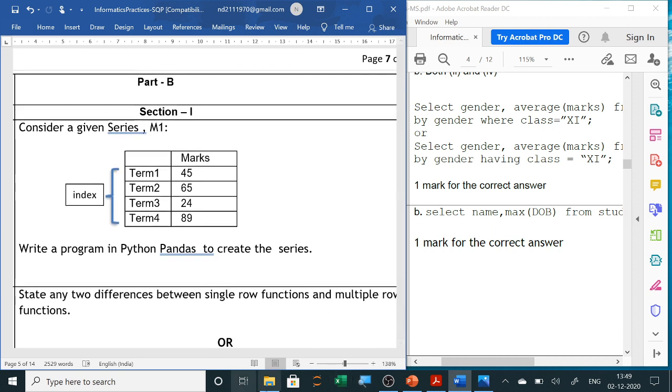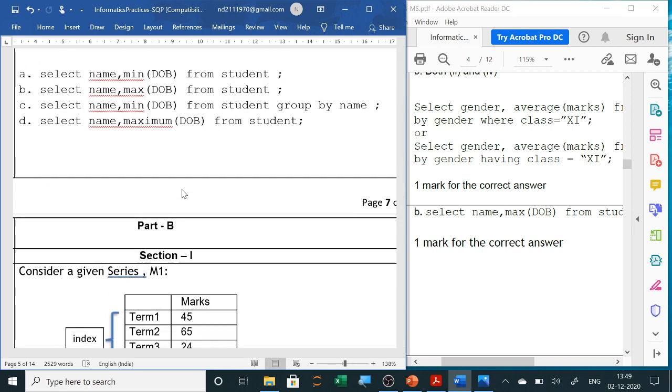Yes, now the descriptive part we are starting here. In the descriptive part, that is part B, section 1. So those questions, all right, we will make one more video for this. So this we have completed, that is a case study. That is your section 2 of part A, in which 2 case studies are asked.